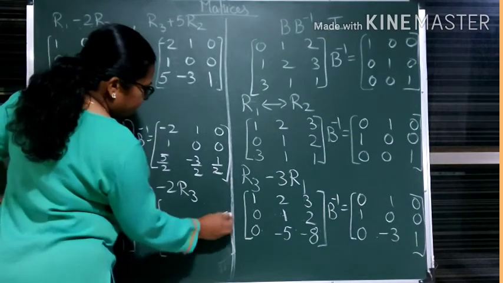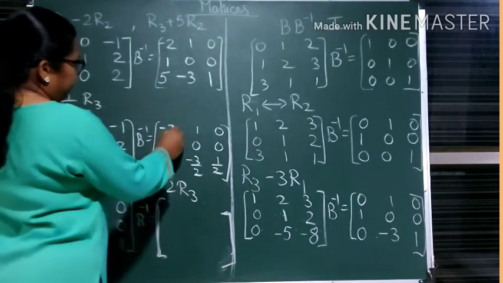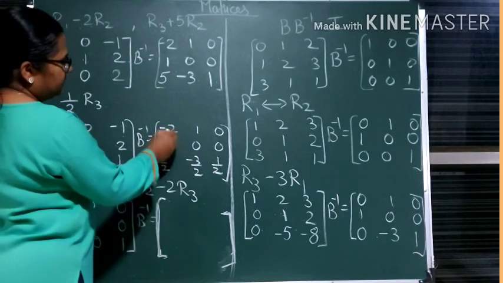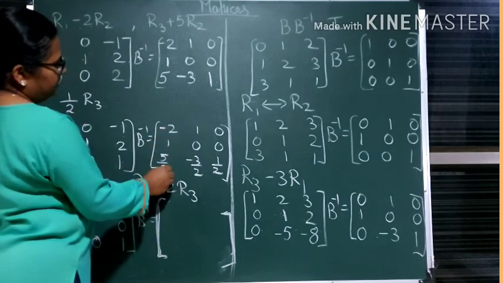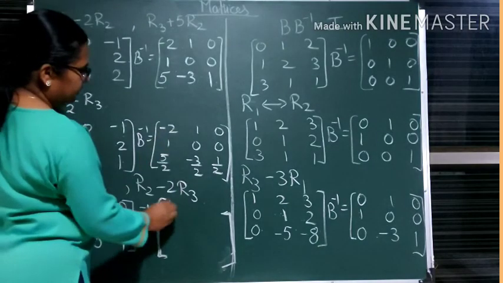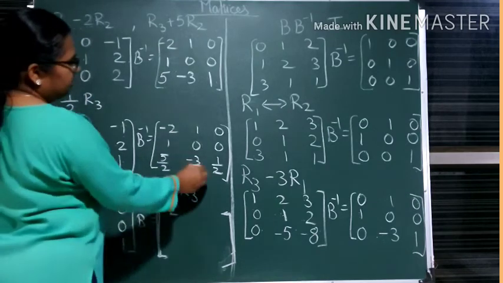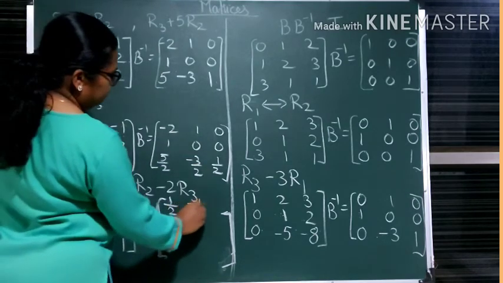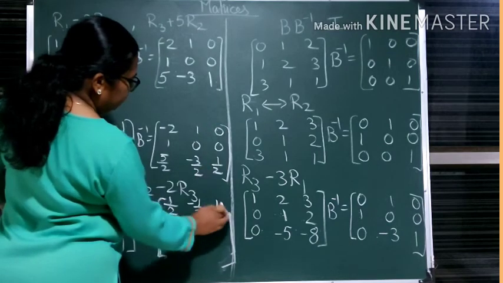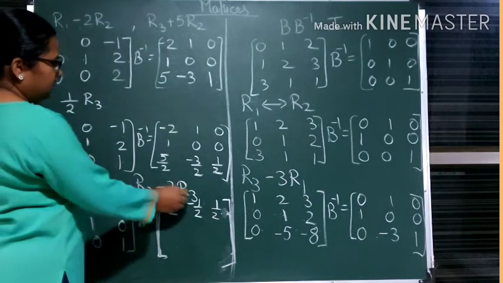Now here you have to do the values carefully because here you have fractions. Minus 2 plus 5 by 2. If you cannot calculate, please do it in the rough work. Minus 2 plus 5 by 2. How much it will come? Minus 2. 2 2s are 4. Minus 4 plus 1, 5. This will become 1 by 2. Then 1 plus 3 by 2. This will become minus 1 by 2. 0 plus 1 by 2 is 1 by 2.